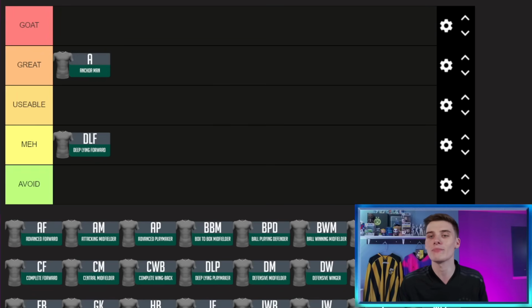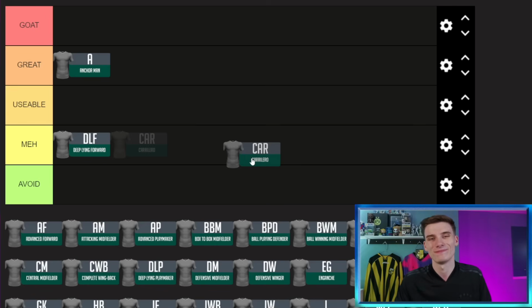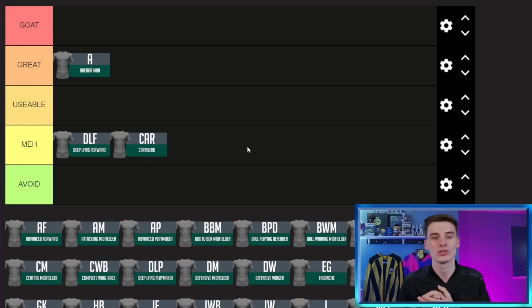Up next, we have a midfield role, and that's the Carolero, which I won't lie to you, if you just saw a cut, it's because I mispronounced it about 5 times, and I still don't think I've got it right, but we are choosing it. It's a central midfield role, and it's, again, much like the deep line forward, I just think there's so many better roles in that position that are going to get you similar effects, but to a better level. It's a very specialised option as well. I don't think many players have the attributes to really suit it. So for me, it's in the meh tier. I think if you've got it in your tactic, try a different role and you'll probably have some more success,